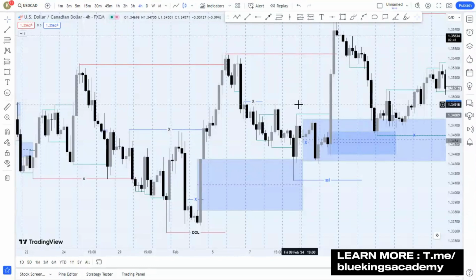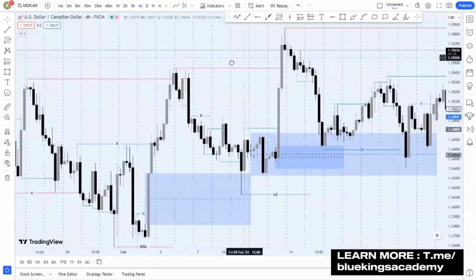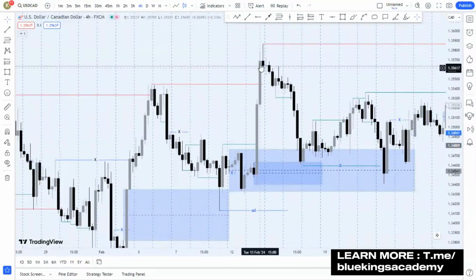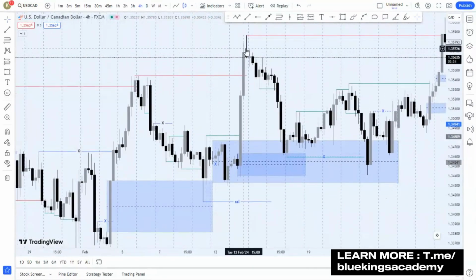Draw on liquidity. And when I say draw on liquidity, I'm trying to show you how to know the next direction price is going to go. So at this level, after we hit this buy side liquidity, we closed above this like a breaker structure, so we know the next thing price is most likely going to do is pull back down inside a discount,